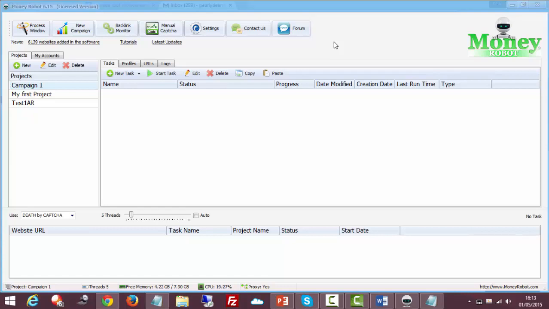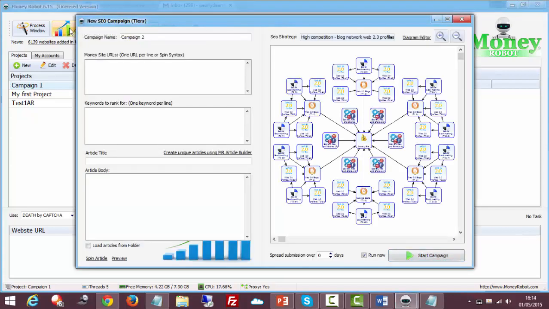So let's show the new campaign, and I can walk you through it. So let's see how long it takes us. Okay, so campaign name, you can put anything in there. We'll put test for page 1 engine. Money site, okay, we're going to use that fictitious roofer now, so ABC roofers.co.uk,